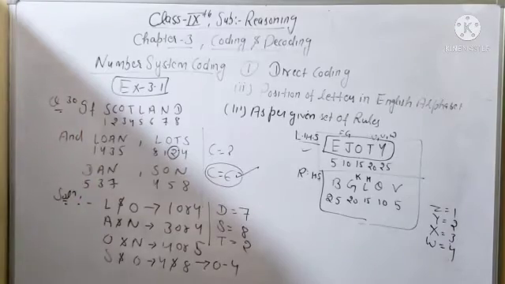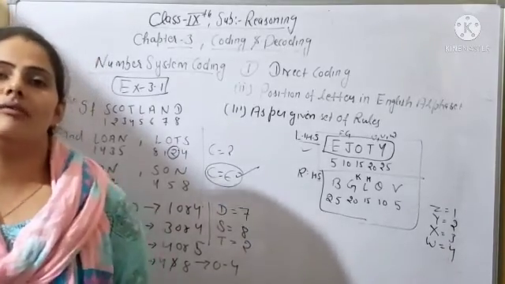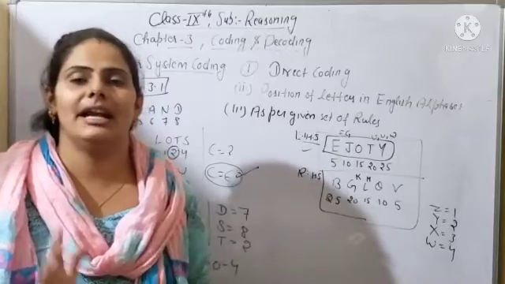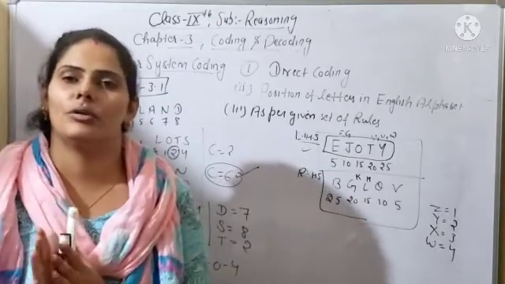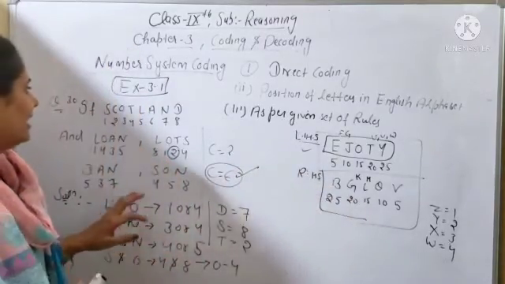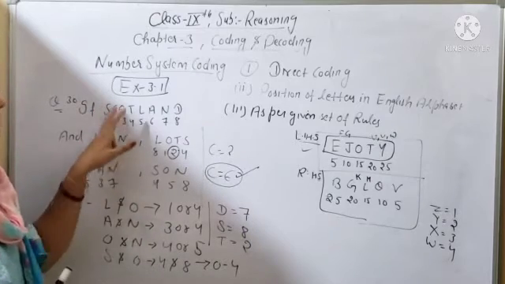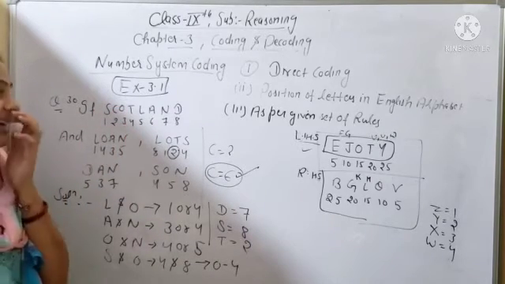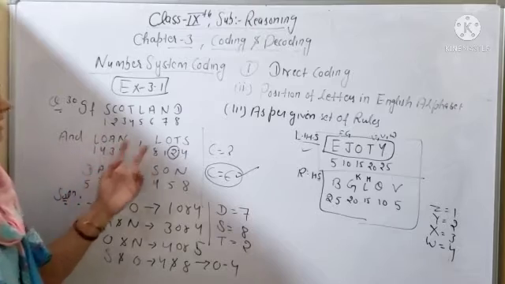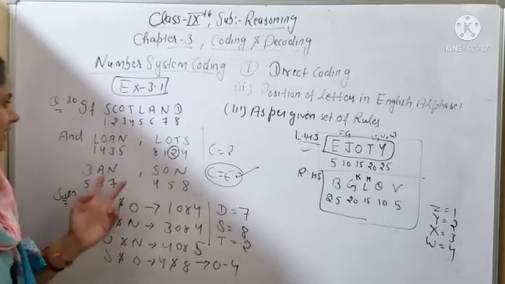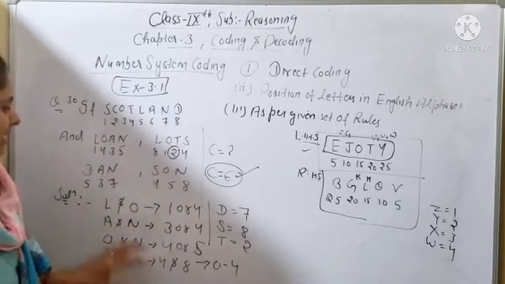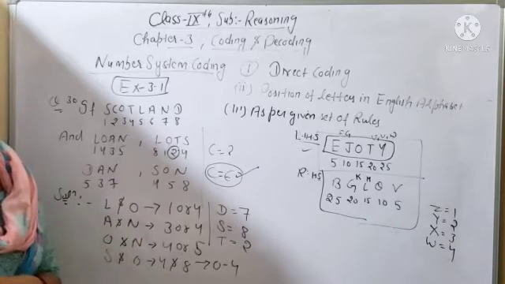So what will be the code for C? So it will be 6, because all 1 to 8 code you have to find out, and Scotland is written as 1 2 3 4 5 6 7 8, but its meaning is not there. S is 1, C is 2, O is 3, T is 4. Okay, you have to find out the correct one. Loan is coded as this one, lots is coded as this one, den is this, son is this. So you will find out first which letters will relate to which numbers.